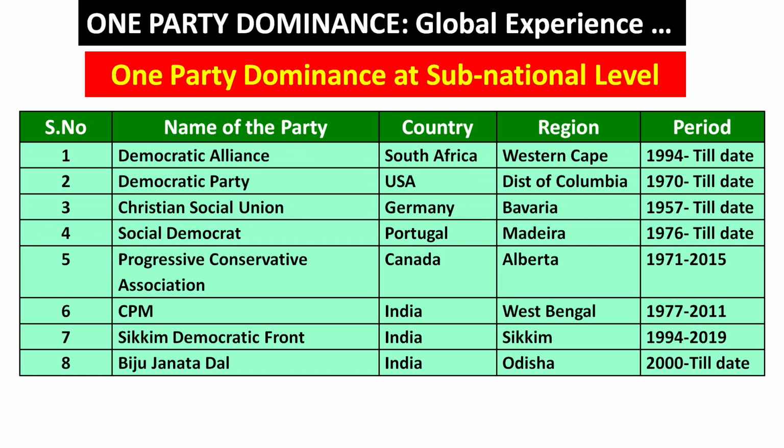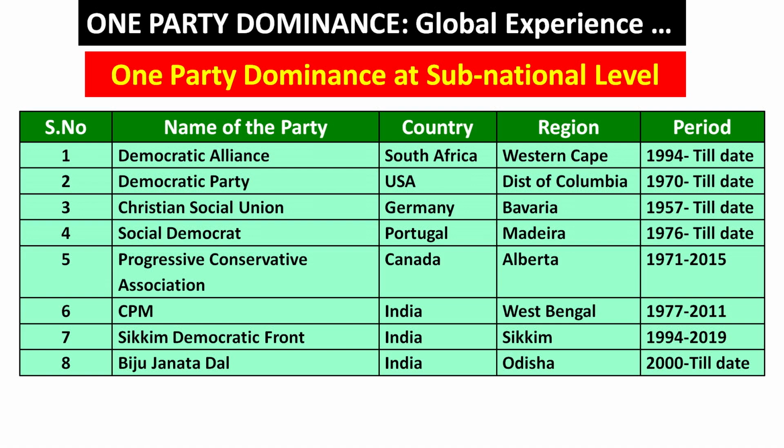because you might have known in 1975 there was an emergency, and because of the emergency in 1977 the Congress was unpopular at that time, as a result of which the Communist Party came to power in 1977. Since 1977 till 2011 the Communist Party CPIM dominated West Bengal politics. So, that is why it is a dominant party at the regional level, just like another political party, the CPIM also under the leadership of Manik Sarkar, which remained in power from 1998 till